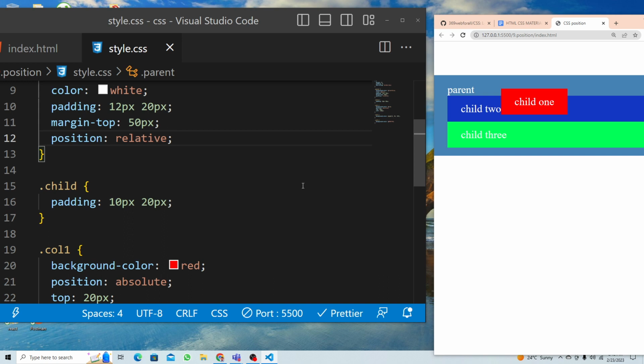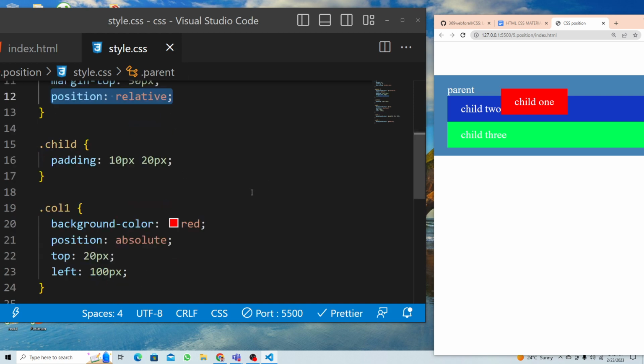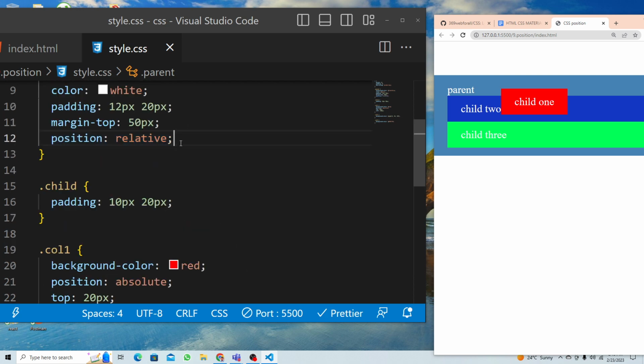So any element you need to move, you have to put in the box, right? Let's say you wrap it in the parent and there are 2 elements inside the parent, and you want to move one in place of the other one. Then you make the parent position relative, and then you move your child one wherever you want inside the parent. Okay, if you don't put the parent relative, then it will just go out of the